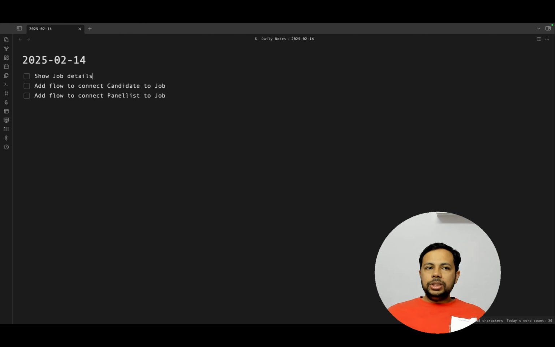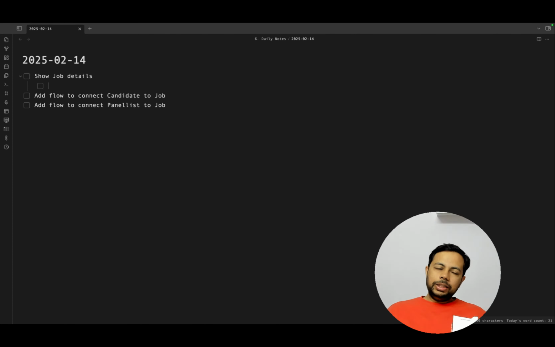In show job details, I have to just create a page which can give the details of the job. So let me build that. For this, I'll need to do a couple of things. First is a backend API, get job ID,